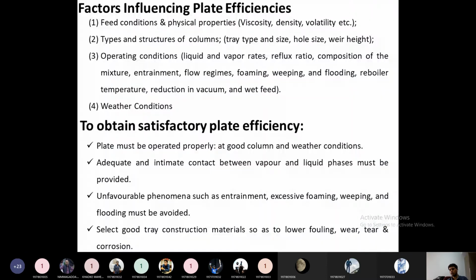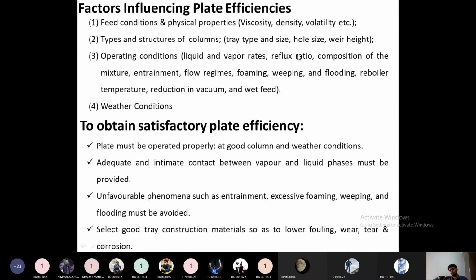So the column efficiency will also depend on the type of tray, the building material of the tray, the hole size and perforation size of the tray, as well as the weir height. Every parameter plays a major role in the efficiency of a plate or of a column. Then the next one is operating conditions. So, liquid and vapor flows. Depending on how the liquid and vapor flow, the interface mass transfer will also depend. So what are the maximum and minimum limits to fix the vapor and liquid flow? Before that, we have to understand what phenomena are happening there. So I will discuss that one.